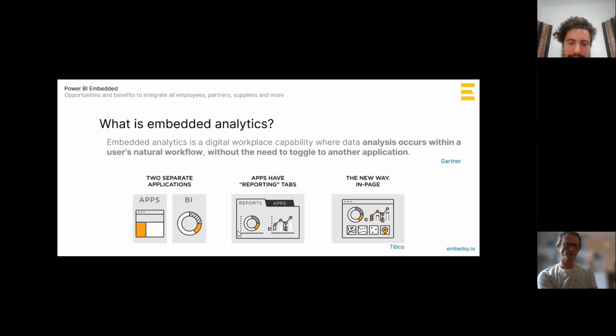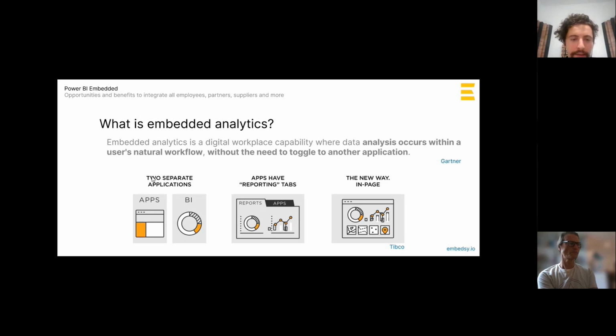For example, if you're a CRM manager, or you work with a CRM tool every day, with embedded analytics, you would have all the analytics you need for your daily activities in that CRM.